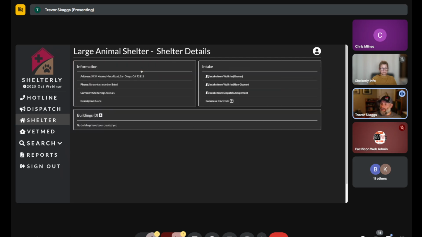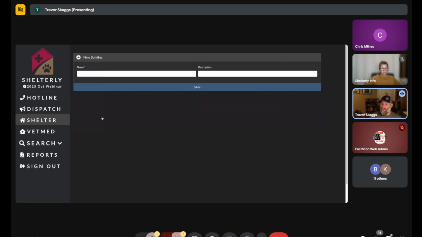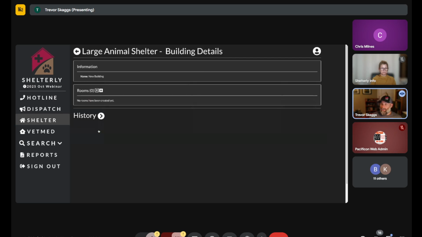But inside of here, you don't have the ability to add new shelters, but you still have the ability as a general user to add a new building. But once inside, you used to have the ability to edit. That functionality has been removed. We didn't want to stop people from being able to add the rooms and buildings that they need to use. But ultimately, an admin will have to update them afterwards